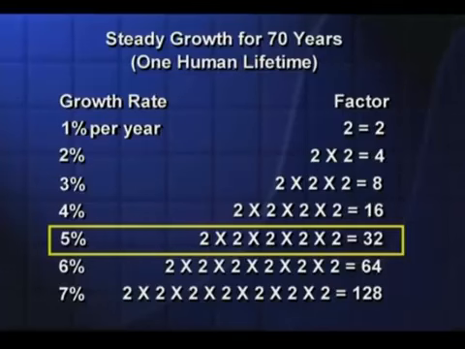Well, you know, I felt compelled. I had to write them a letter and say, did you know that 5% growth for just 70 years... I can remember when 70 years used to seem like an awful long time. It doesn't seem so long now. Well, that means Boulder's population would increase by a factor of 32. That is where today we have 1 overloaded sewer treatment plant. In 70 years, we need 32 overloaded sewer treatment plants.